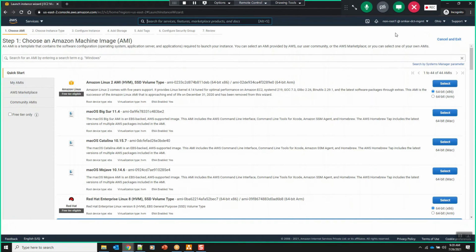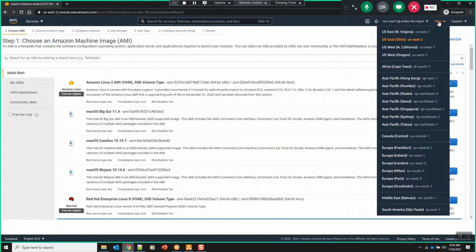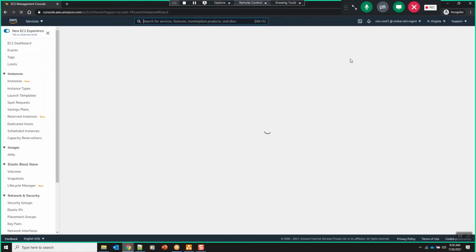So, like I told, whatever resources we create in AWS will be created in one region, right? We can see that in the top right. Here we are in Ohio, but I want to create in the US East one region, North Virginia region, because I found that whatever resources we create in the US East one region are comparatively cost friendly.